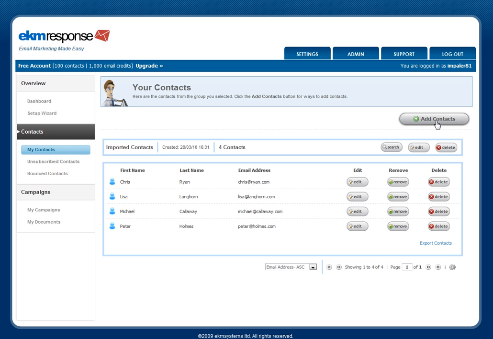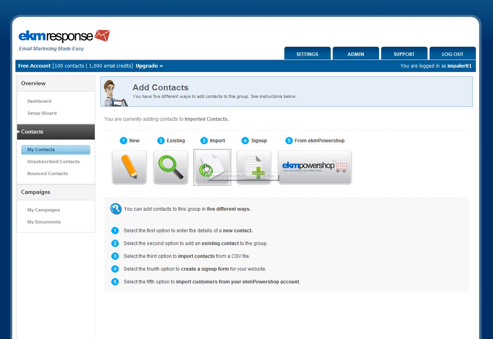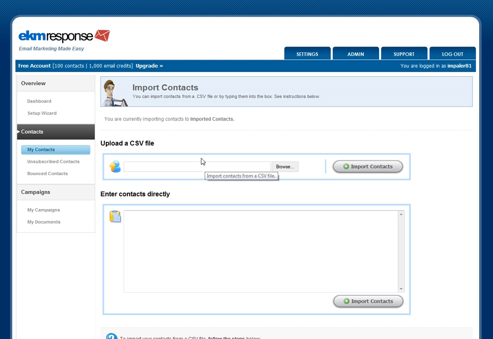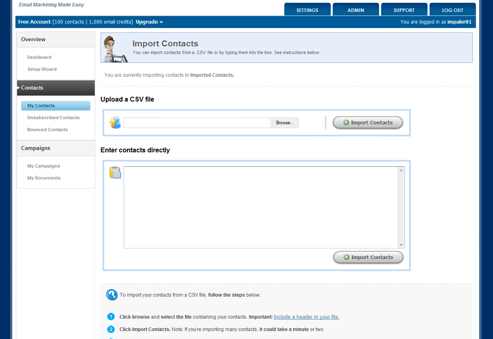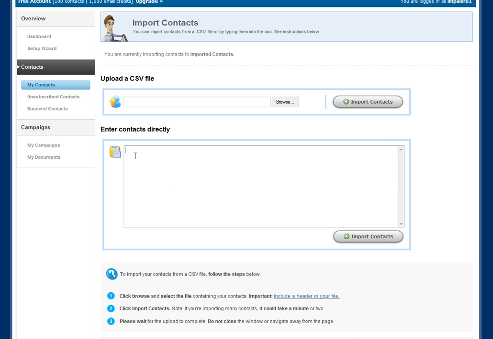So to use the other method, if you click on Add Contacts and then click on Import again, the other method here using this box allows you to either copy and paste in a column of email addresses from a spreadsheet. This is only usable if you're not planning on importing the user's first names and surnames. It's only possible to import email addresses into this value. So as I say, you can either paste in a column from Excel, or you can just manually type in email addresses. Obviously on this one we'll just add a couple,